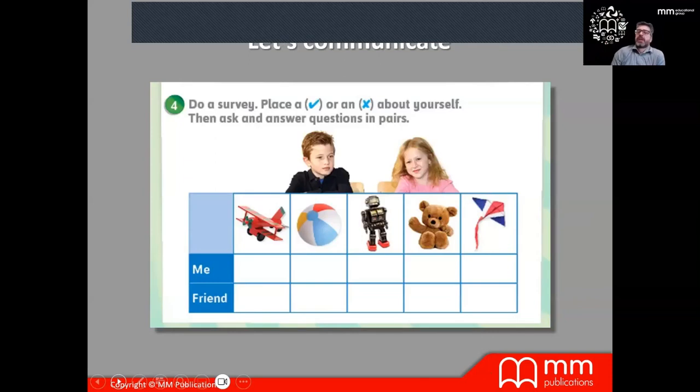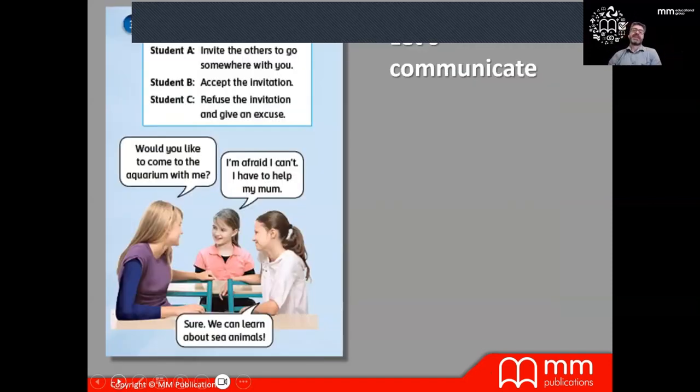Apart from just speaking activities, we have surveys where the students have to go around and talk with their classmates, find out about their interests, find out what it is that they like. But the point is that they're using the language to speak English. They're communicating as well, and they're basically engaging and having interesting conversations.